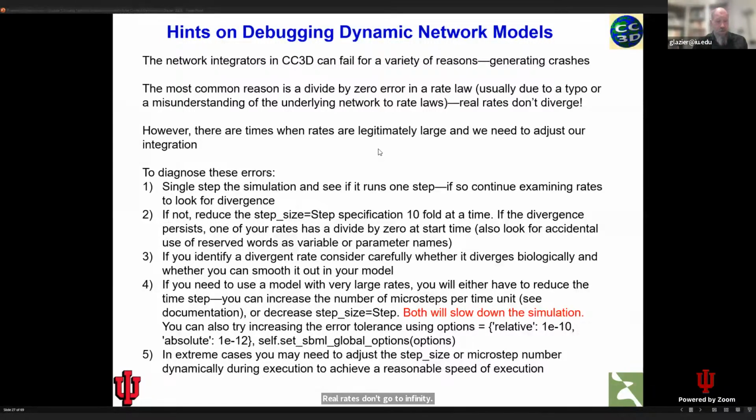On the other hand, there are situations where real rates can be quite fast, and if the time step of your Monte Carlo steps is minutes, and you're trying to simulate neural networks where there are oscillations on the periods of milliseconds, then you have to be careful about the time integration. So one way to do this is load the simulation and just do one step. If it crashes after one step, you almost certainly have a typo or a syntax error, or a divide by 0. If it does run a step, keep doing single steps